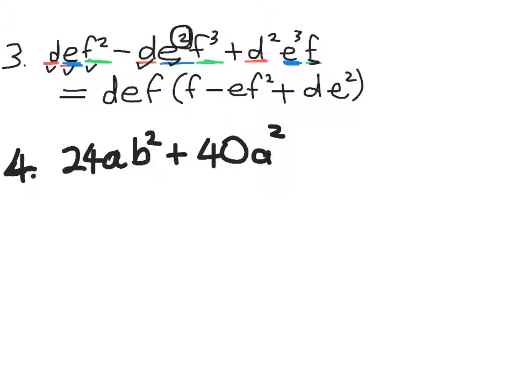Number 4, I've got a coefficient here of 24 and one of 40. I need to find the highest common factor of those two numbers. This is where students often start to trip up a bit. It's okay to use 2 steps if you can't immediately see that 8 is the highest common factor there, but better if you can get there in one hit. Next,